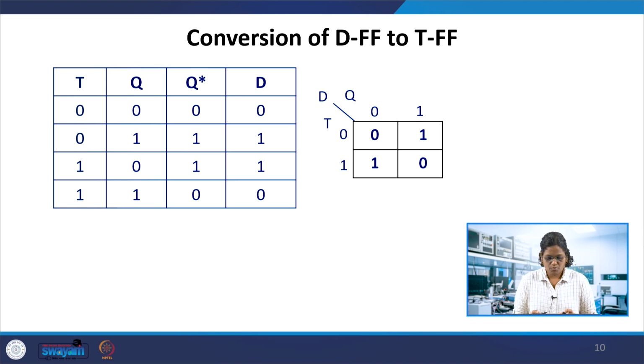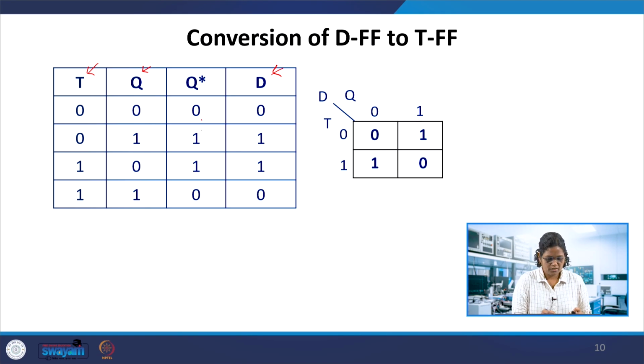So in this step, what we try to do is convert a flip-flop. That is, I want a T flip-flop from a D flip-flop. So T and Q, these are the two inputs, and the two inputs can have different combinations. So that is 0 0, 0 1, 1 0, 1 1. Write it down. And what would be the next state?